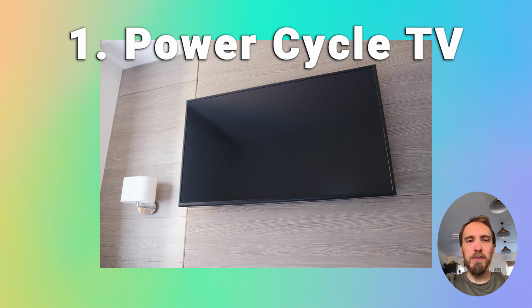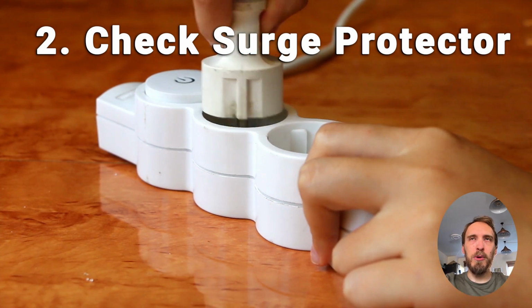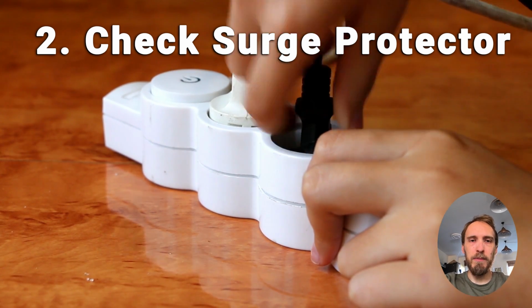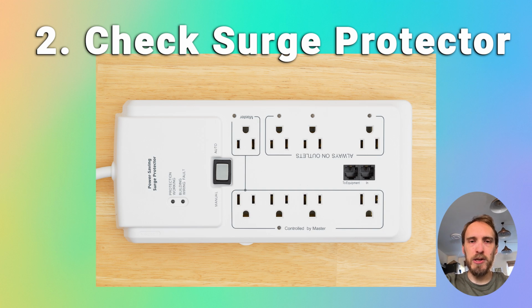But if your TV is completely dead and there's no lights at all showing, then just try repeating the power cycle a few more times, as sometimes it can take a while for it to kick in. You should also just double check before we get into the hardware issues that you don't have a faulty surge protector or smart plug between your TV and wall socket. So remove any surge protectors and just plug your TV directly into your wall socket. You can also try a different wall socket if you're not sure whether the wall socket you're using is providing